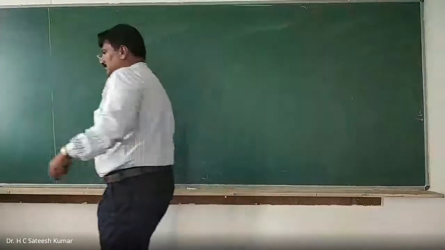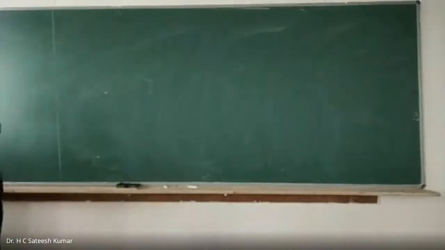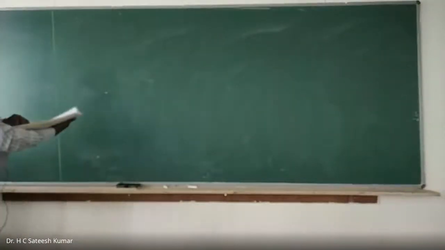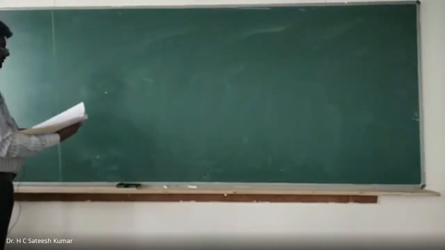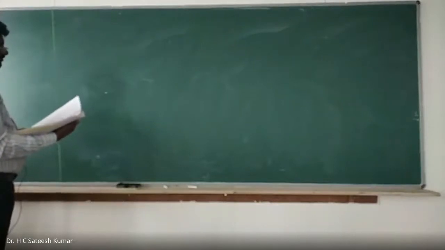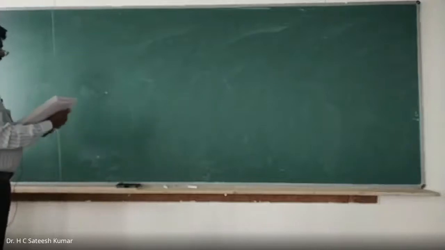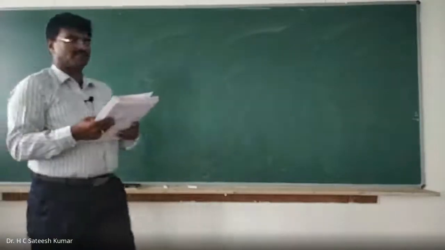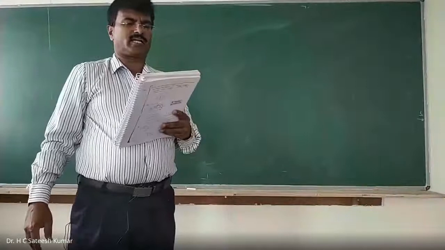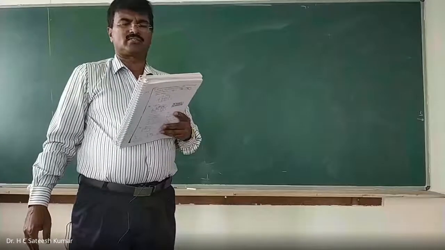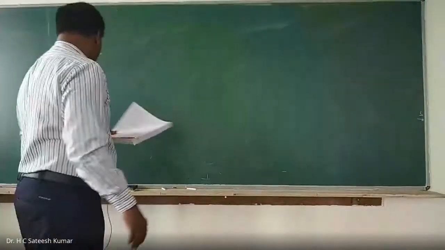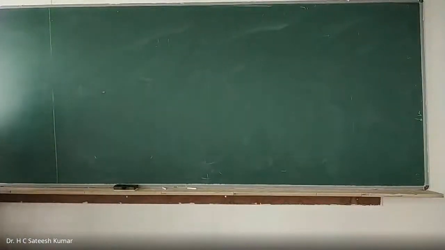Okay. Now, let us move on to one more problem. The question in the examination, you can find this kind of questions. Using Thevenin's theorem, find the current flowing through RL equal to 6 ohms for the network shown in figure, he said. Okay, right? The circuit will be something like this.